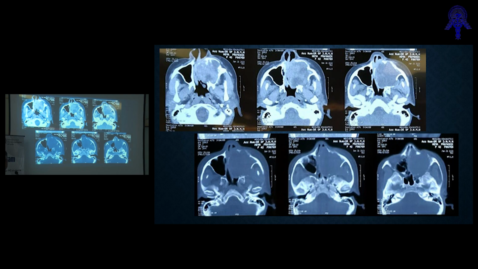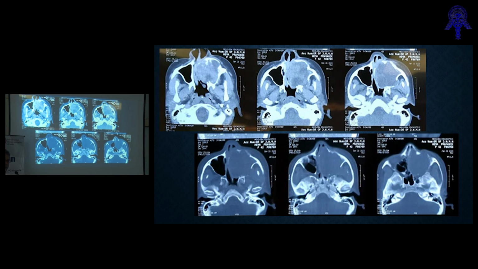So this is a contrast enhanced CT scan in the axial section. The upper row is the soft tissue window and the lower row is the bony cut window, showing a heterogeneous mass occupying the left nasal cavity and the left maxillary sinus, causing deviation of the septum to the right,